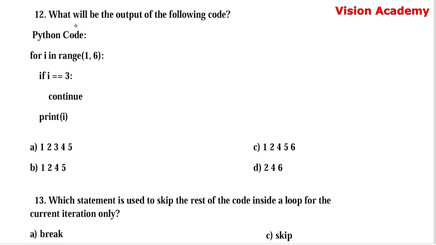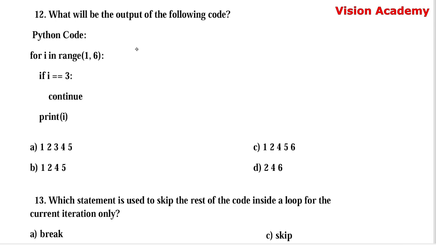Question number 12. What will be the output of the following code? Python code, for i in range 1, 6. If i is equal to 3, continue, print i. Option A, 1, 2, 3, 4, 5. B, 1, 2, 4, 5. C, 1, 2, 4, 5, 6. D, 2, 4, 6. Here you can observe whenever we use range function